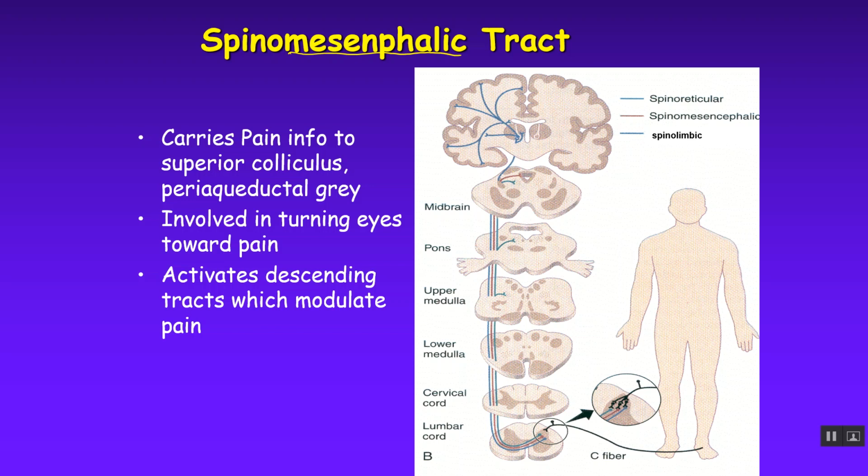There's a delay there, but then you have these descending pain pathways that are initiated by this spinomesencephalic tract and also the spinoreticular pathway, which is next, that sends signals back down to tell your dorsal horn, hey, quiet down. Let's modulate the pain. Let's inhibit the pain a little bit now because the danger's over. The tissue's going to be okay, that kind of stuff. So